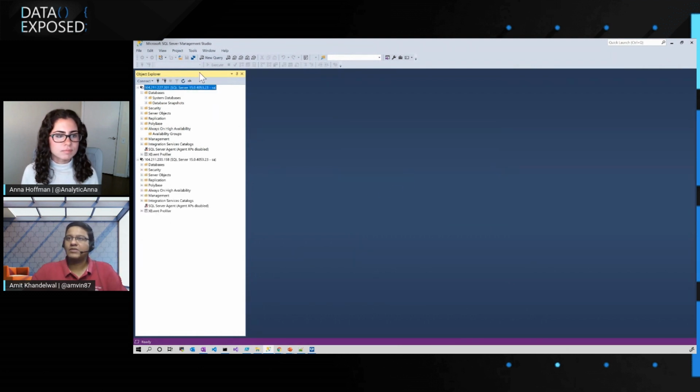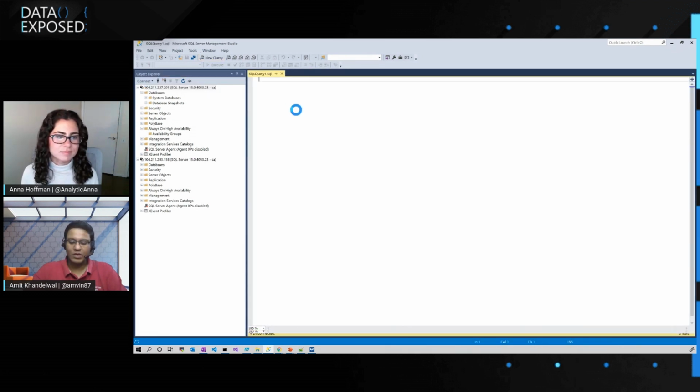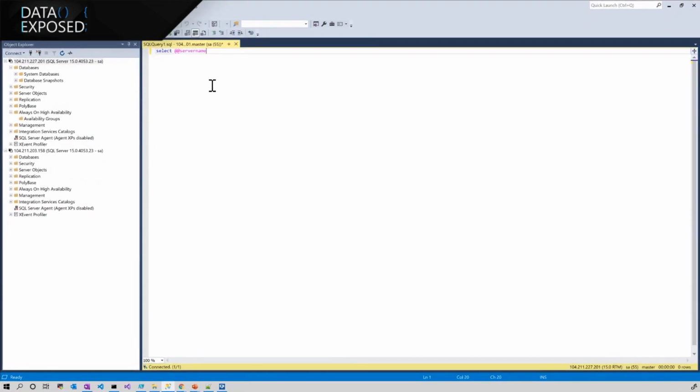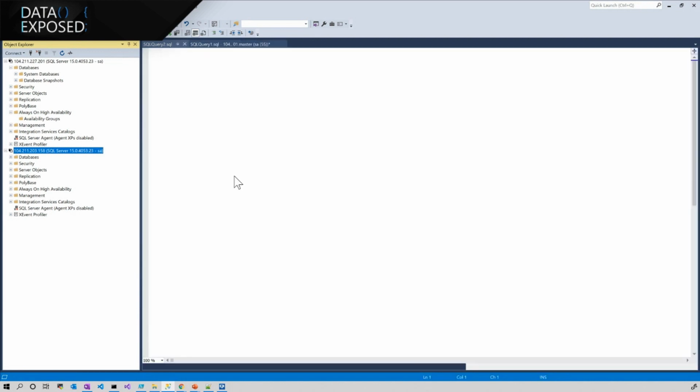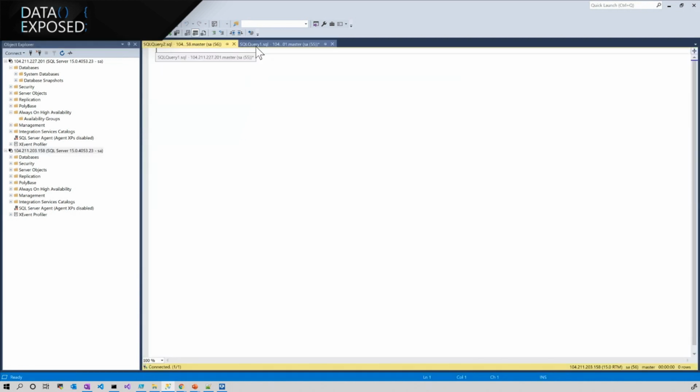There you go. So if I just say new query and take a look at what the name of the server is, you're going to see the pod name as the server name. So there you go. And for a DBA, this is no different than managing a normal SQL Server that he or she would. Right, because at the end of the day, it's just SQL Server. It's just running in a different place than some folks are familiar with.